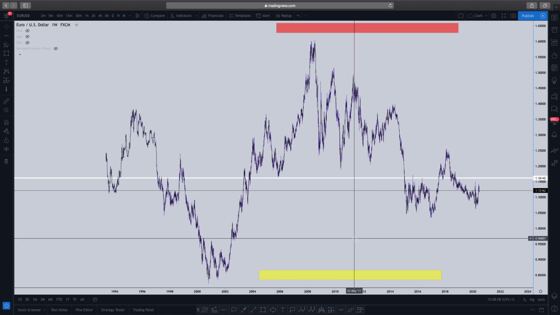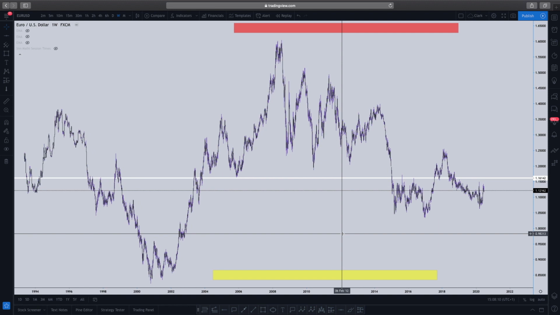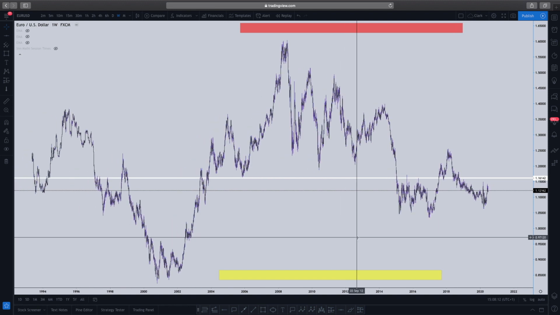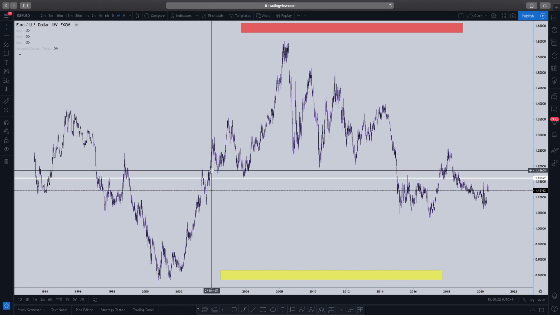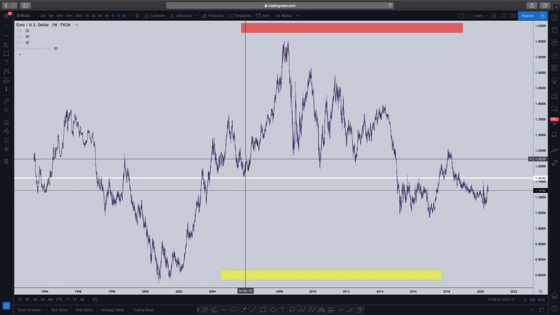All right, so just generally, back on the weekly chart, this is a massive level. That is going to be our support resistance line. This is going to be the accurate level where price comes into. So in order for us to draw this, we need to see it form supports